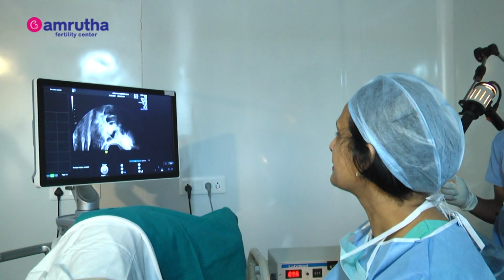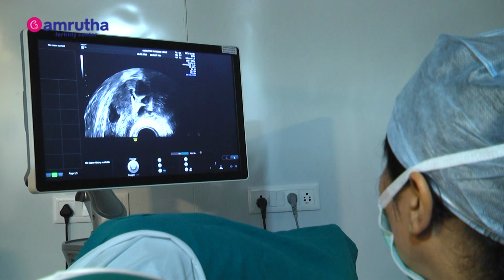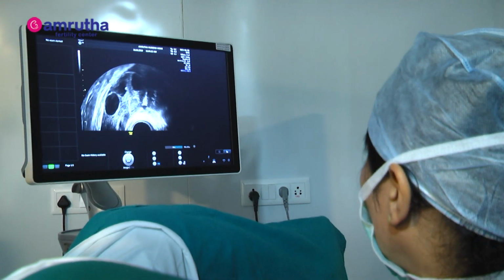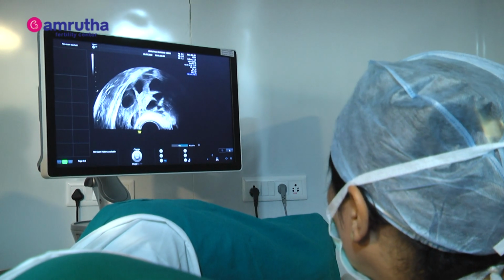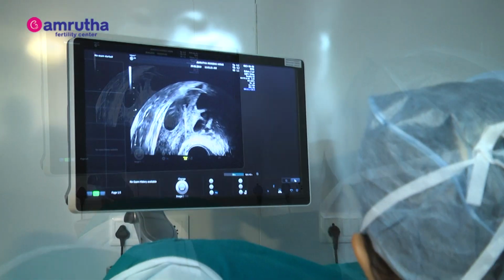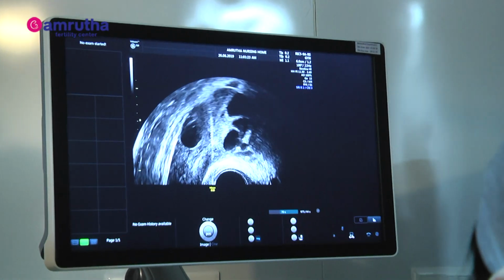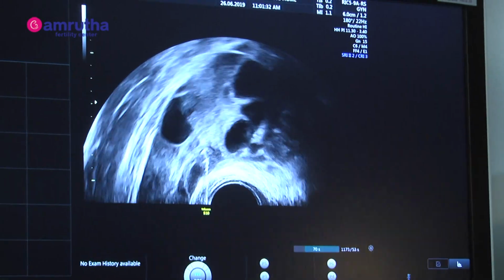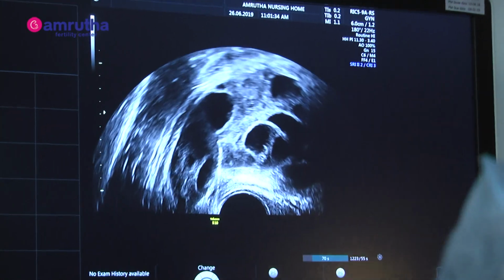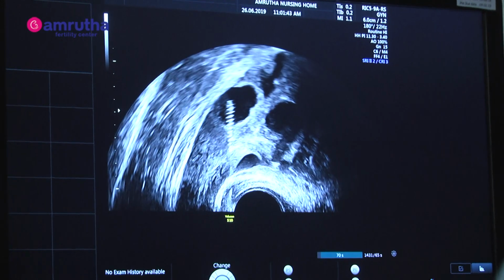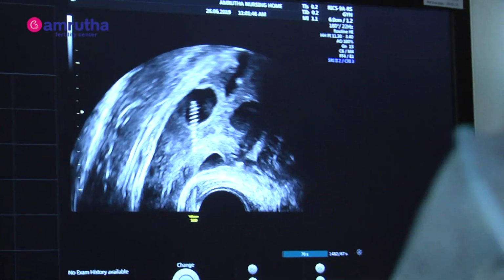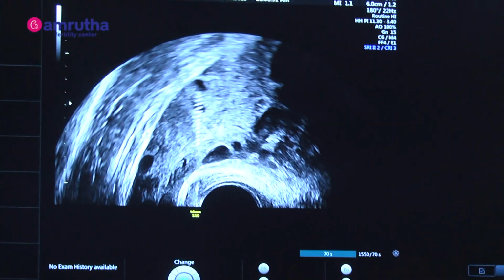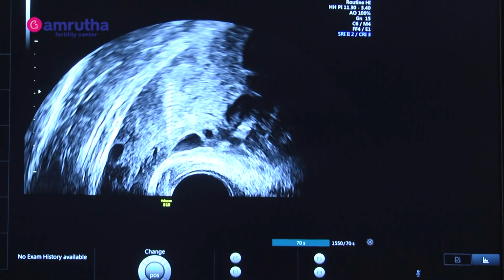Kissing ovaries, they say. Sometimes when the ovaries are not in the right position and are behind the uterus, we need to go through the uterus also. When there are too many follicles, it may get difficult. Likewise, when there are fewer follicles, it may also get difficult to aspirate them. The person assisting from per abdomen also needs to have a little knowledge about the ultrasound and the position of the ovaries, and how to manipulate them.